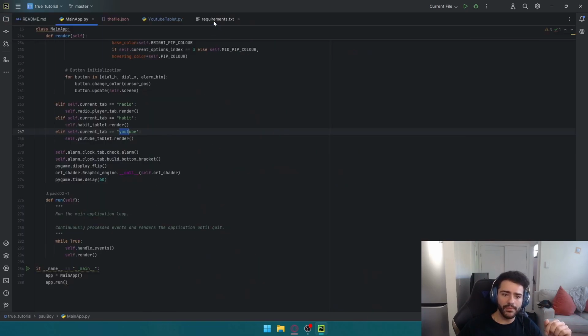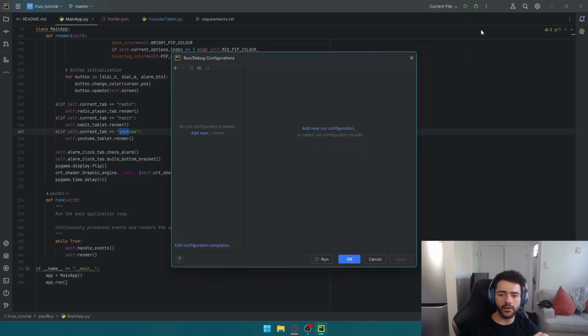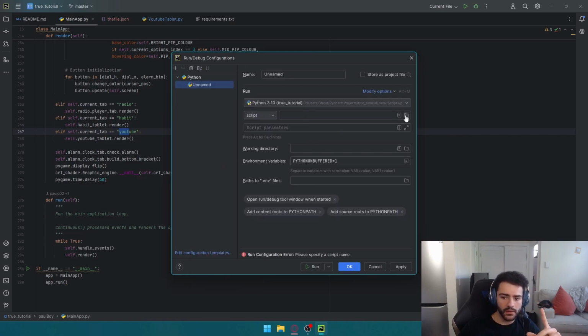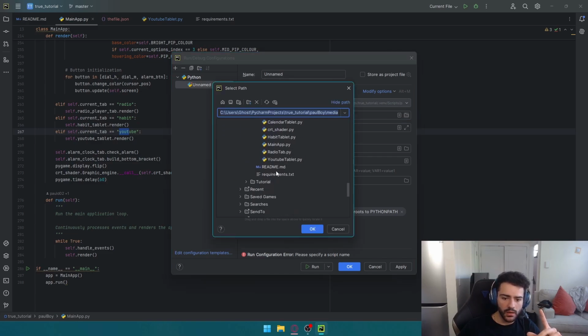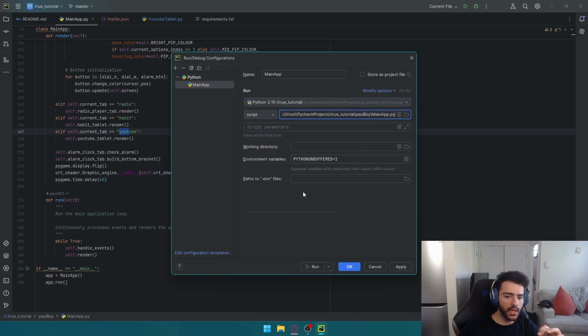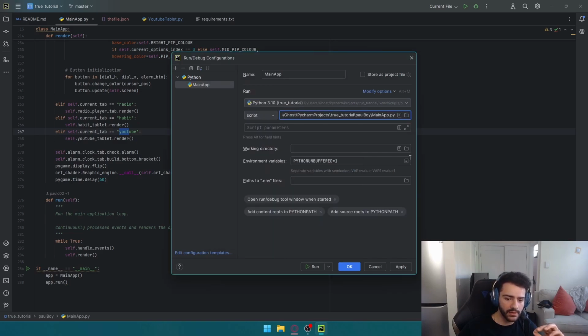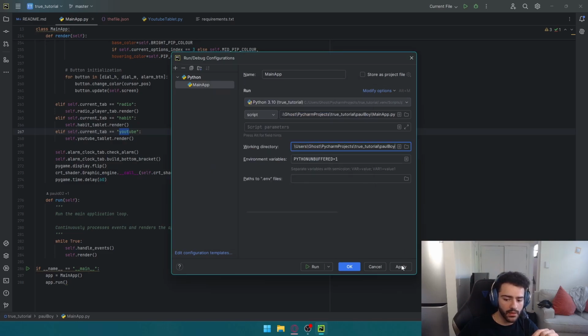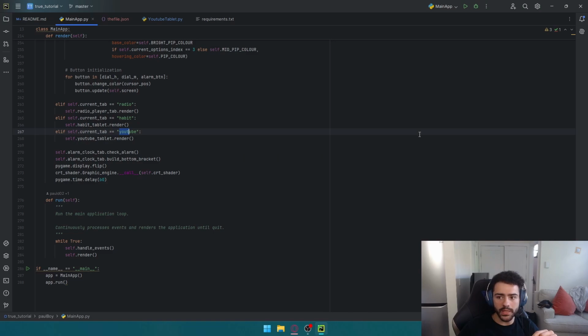Go to main app, and if you want to keep reopening this reliably, you're going to want to go up here to current file, click it, edit configuration, add new. Okay, follow along. This is gonna be wild. Python. Pick main app for the first line. You're gonna find the main app and add it in there. And for working directory, you're gonna click on Pip-Boy and press OK. Hit apply. Okay, and now whenever you click play, no matter where you are,